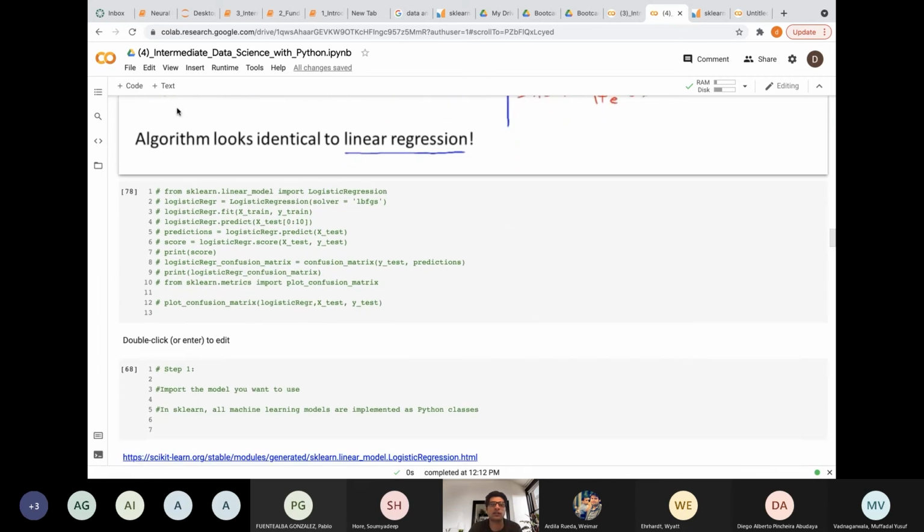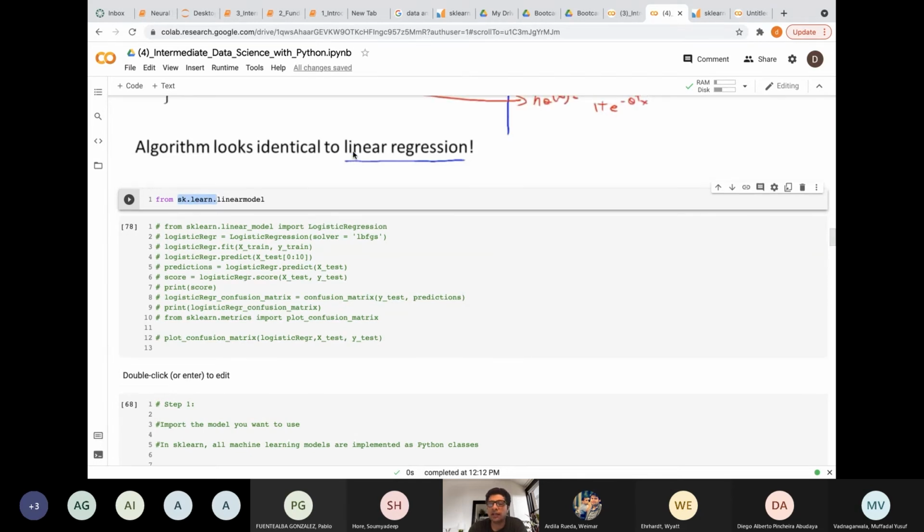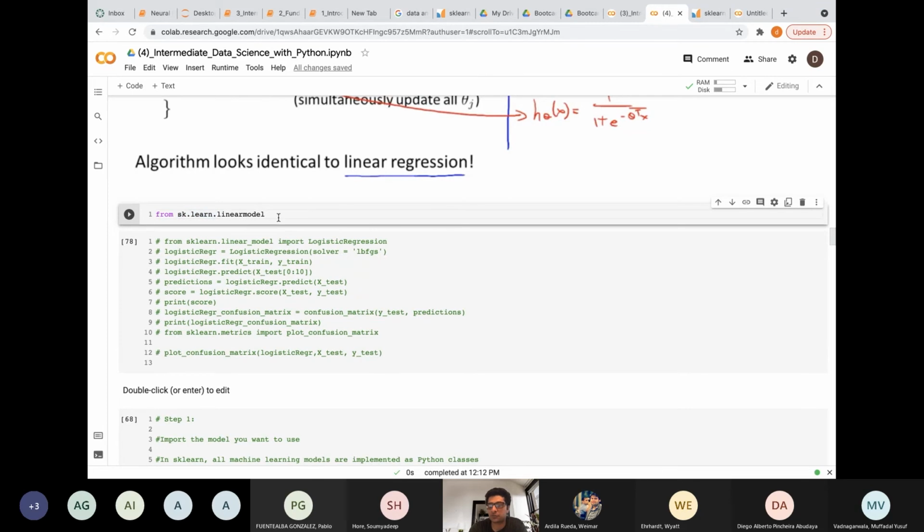So now let's see how we can easily implement a logistic regression on any kind of data points that we have. In order to implement a logistic regression, we need to import the package. So from scikit-learn, sklearn dot linear model. As Somvidip said, Python is basically like the English language. So everything we write here is just identical to talking in English. From scikit-learn, because scikit-learn is the library which stores all these machine learning models, and logistic regression is a linear model, as somebody said in the last presentation. So from scikit-learn dot linear model, we want to import